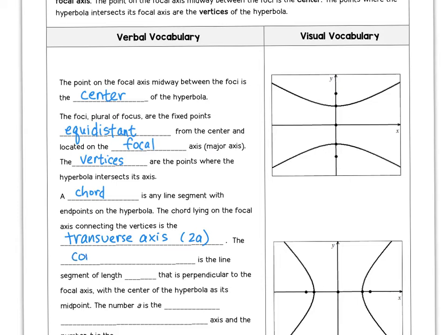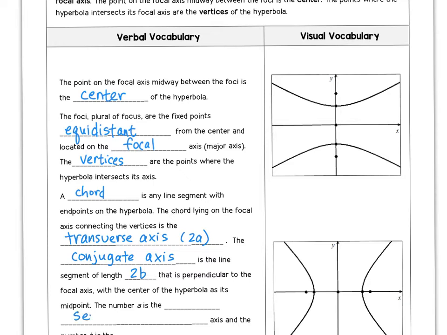The conjugate axis is the line segment of length 2b that is perpendicular to the focal axis with the center of the hyperbola as its midpoint. The number a is the semi-transverse